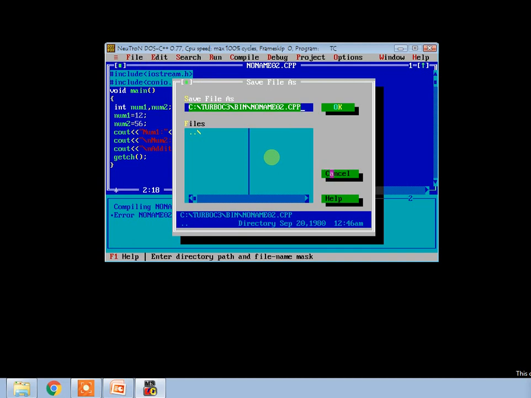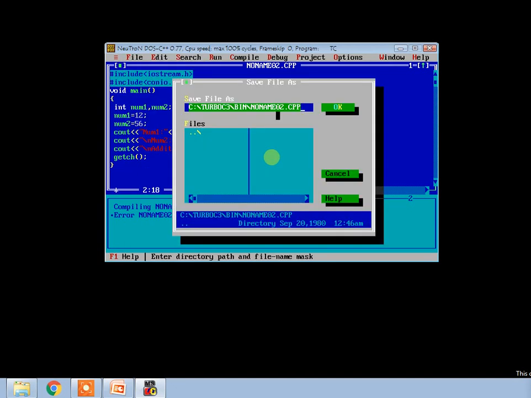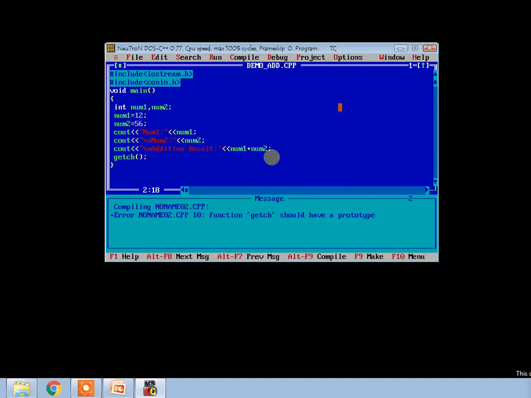To save the file, go to the File menu and click on Save, and you can also use the function key F2 for that purpose. Save the file with a proper name, demo addition, with the CPP extension, click on OK.